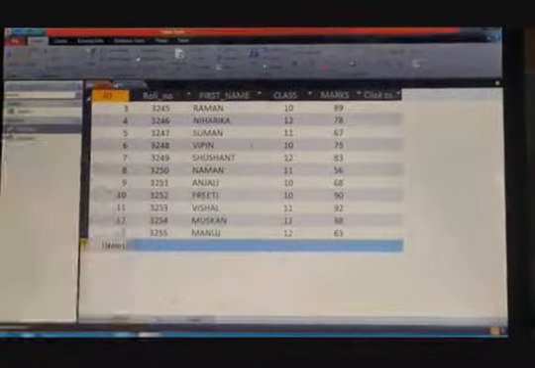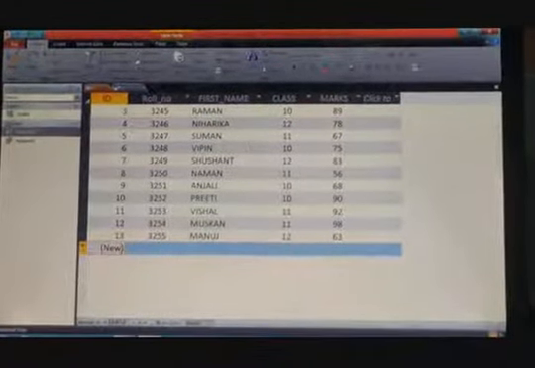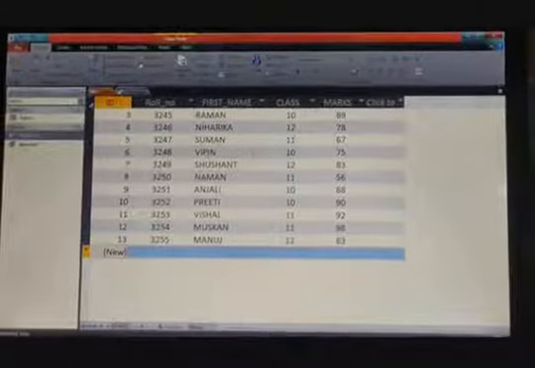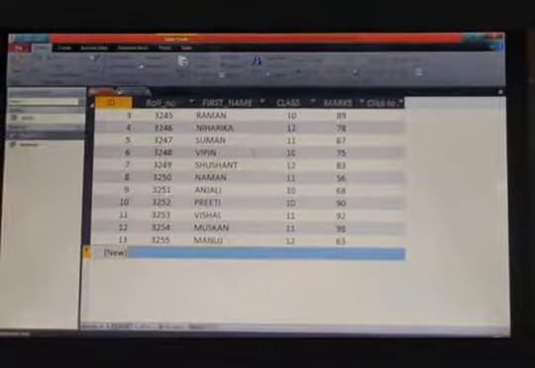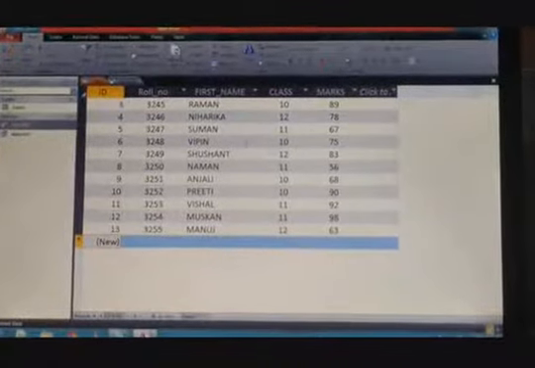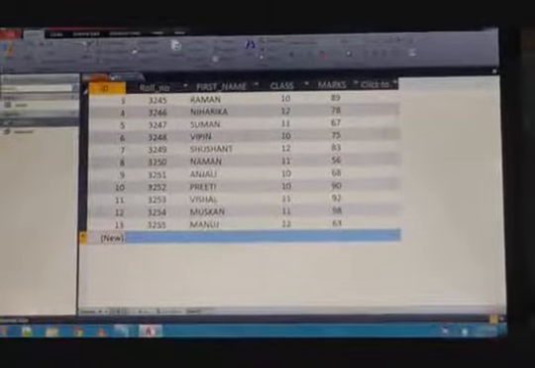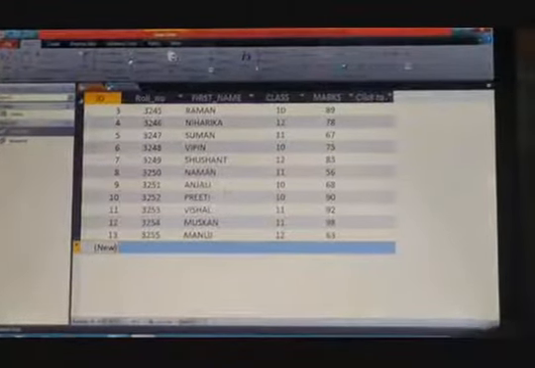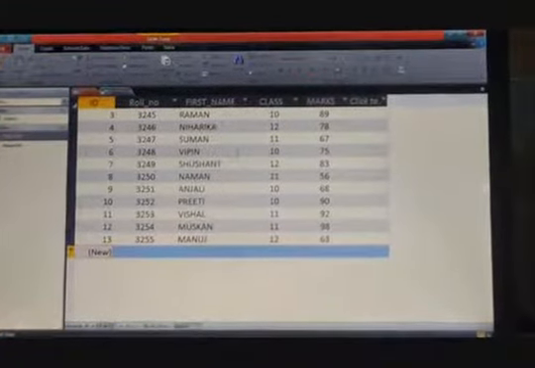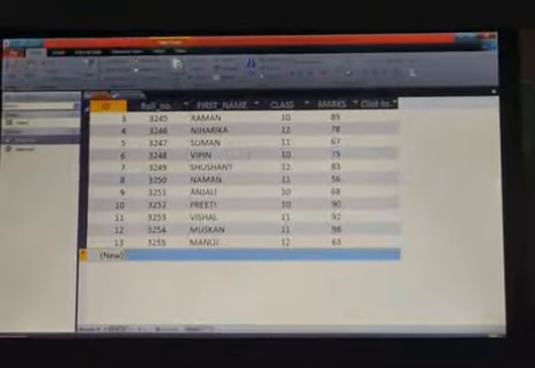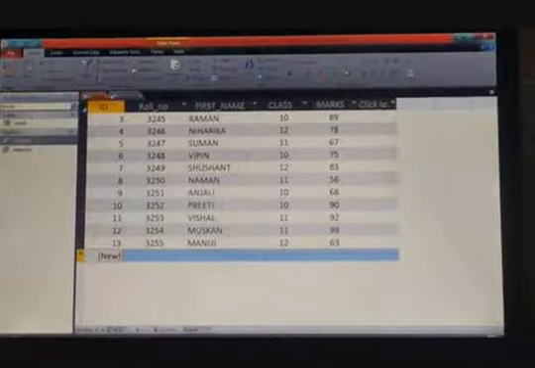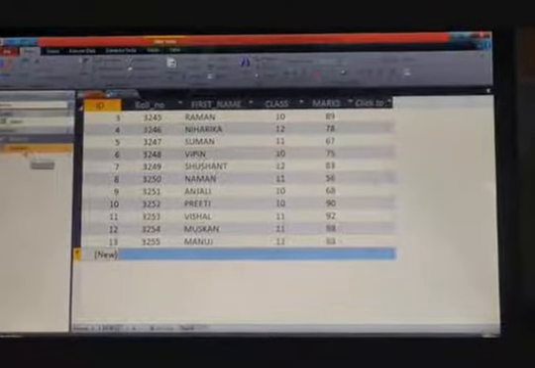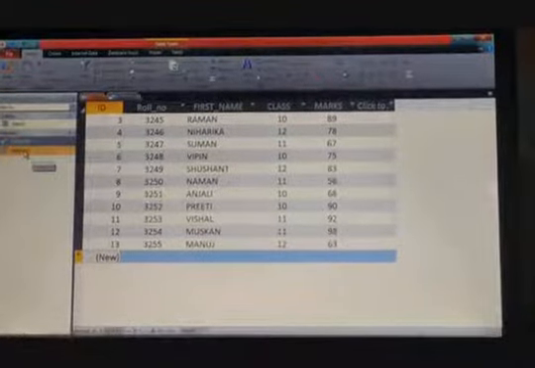Just like that, you can see that in the navigation pane two queries are displayed. The first one is my query 1, in which we specified simple criteria, and the second one is my query 2, in which we specified the multiple criteria. So now I want to see the output of the multiple criteria, so I just double click on my query 2. I just double click to view the output.